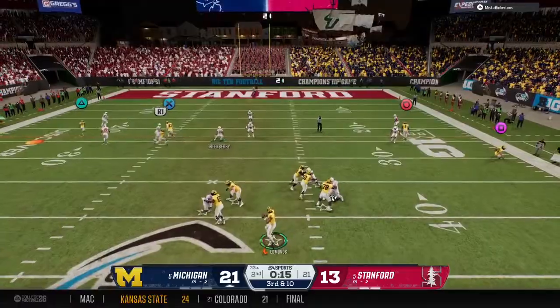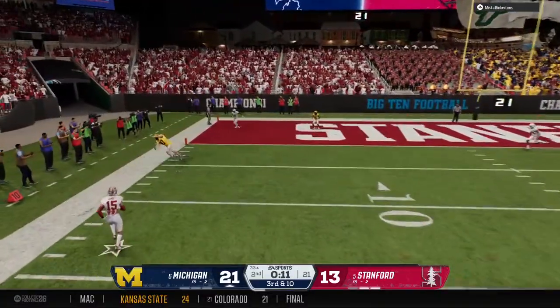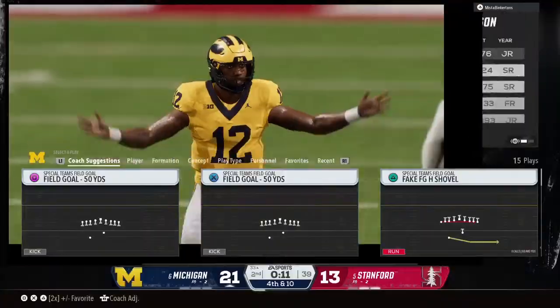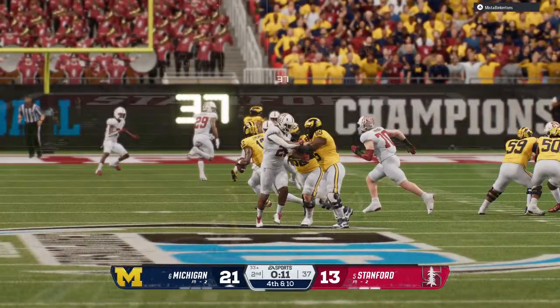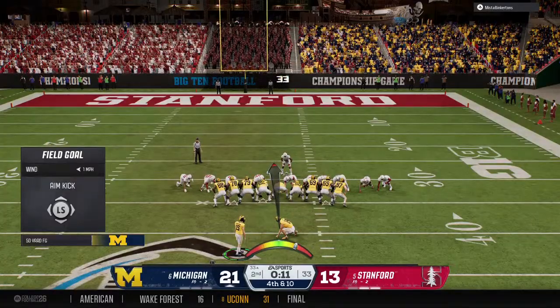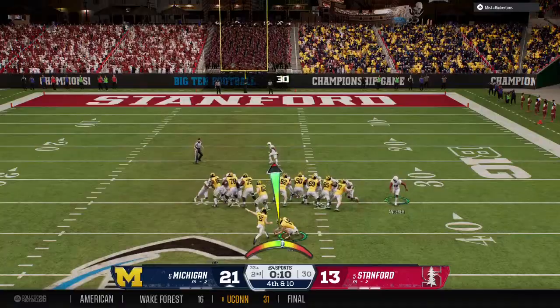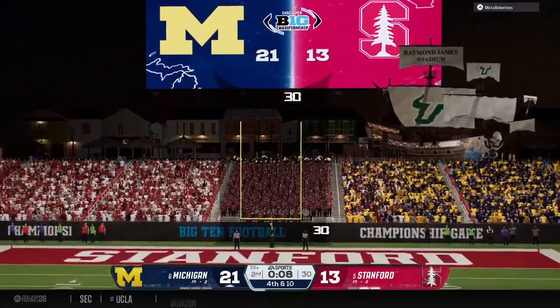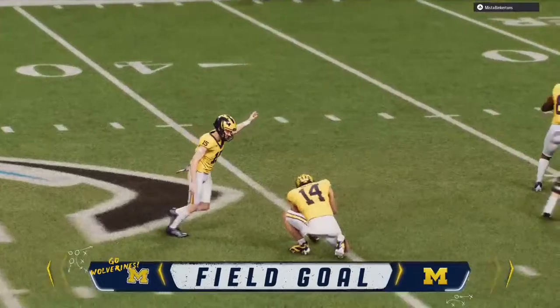Dropping back, looking to throw for the 1st down. On the run here, taking a deep shot. Incomplete. They cannot connect on the deep ball. Well, Chris, obviously they had to go through the air there to try to pick up this 3rd down and long, but when you're so far behind the chains, when you really allow this defense to dictate things, it allows them to put pressure on your quarterback and can affect the timing, as we saw on this play.